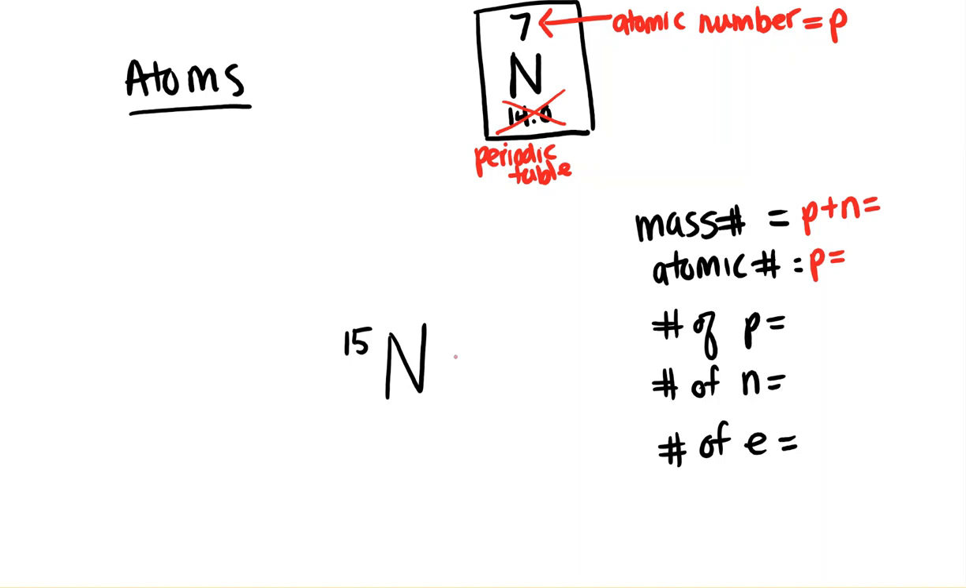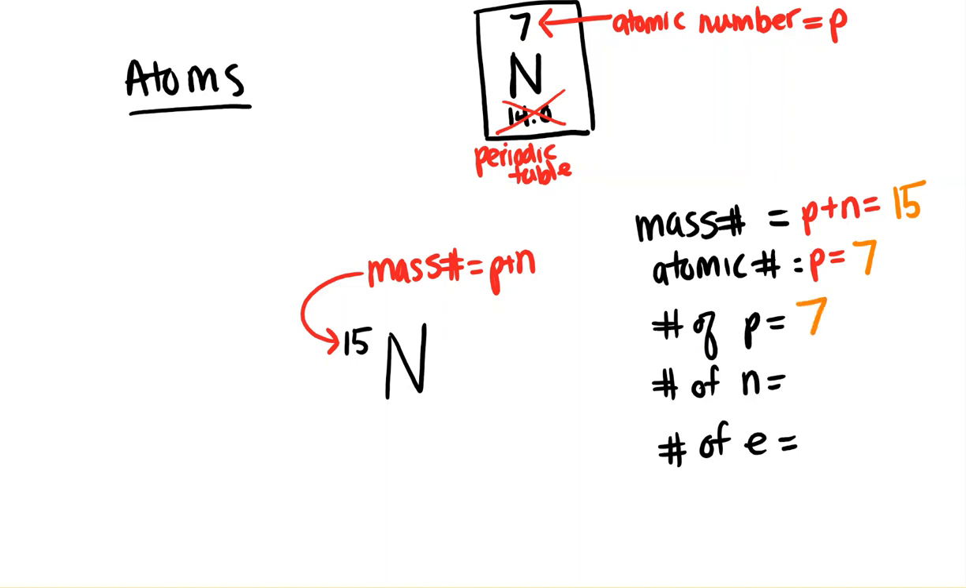So let's look at this atom with this symbol. When we see this, the top number is the mass number. As far as our answers go over here, the mass number for this one is 15. The atomic number for this one, I get by looking on the periodic table and seeing that its number up here is 7. So it's atomic number 7,